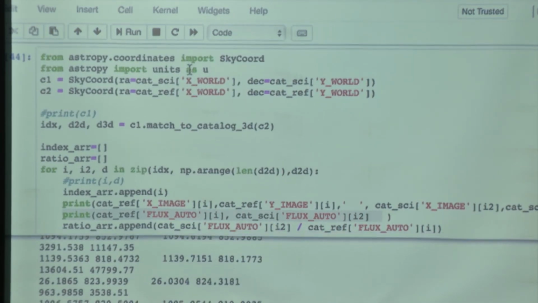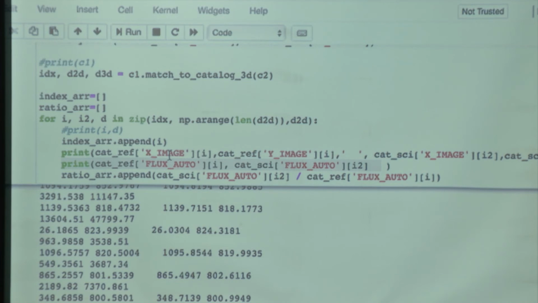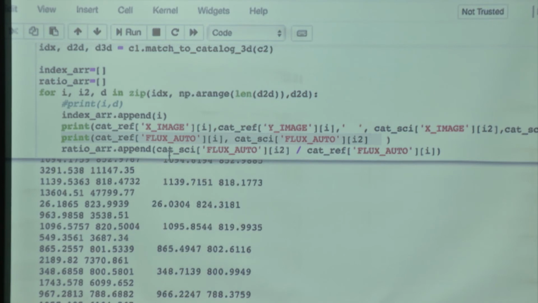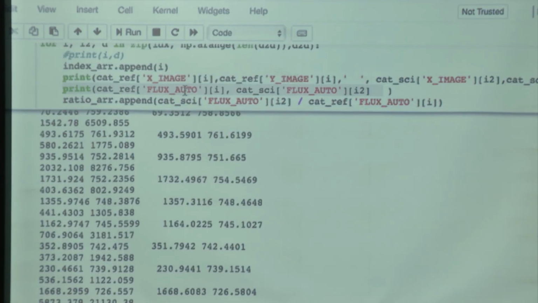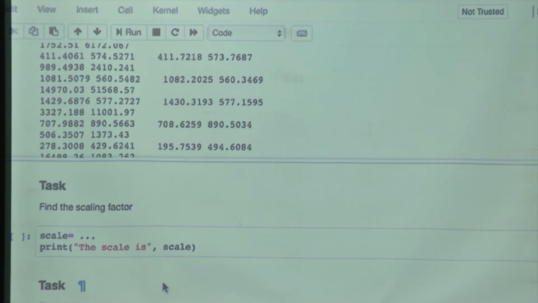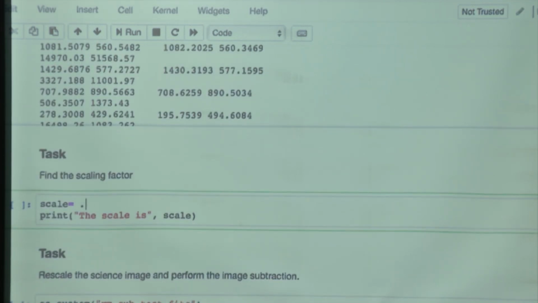In this cell, we did something quite useful, which is create an array of the ratio of the fluxes for every source. So there are as many entries in the array as sources, and each element of the array is filled with the ratio between the two fluxes. As many people told us already today, the median is a much more robust statistic than the average, because